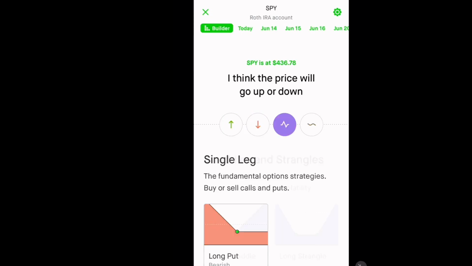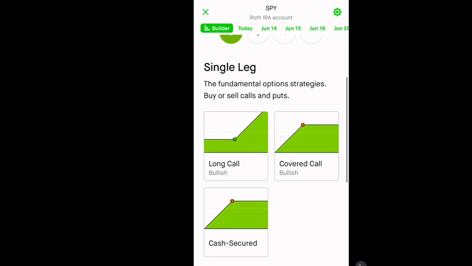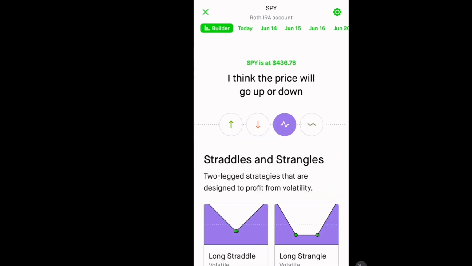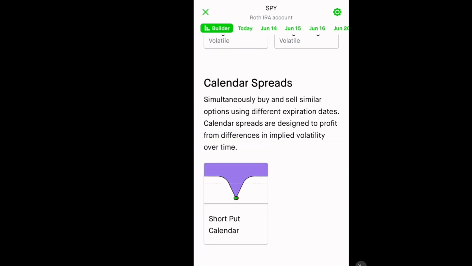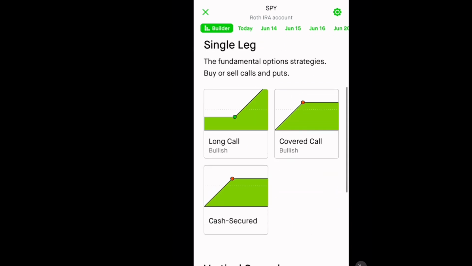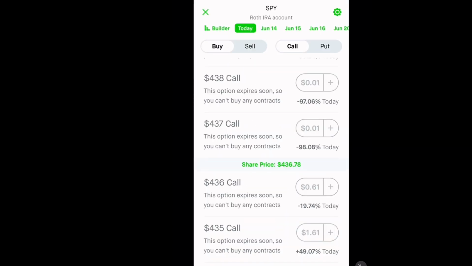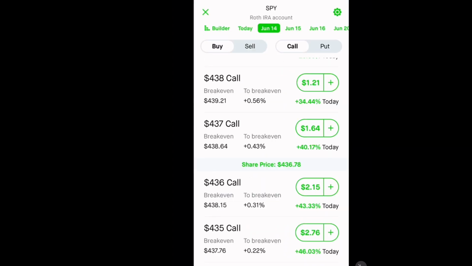Do you want to know how to trade options? In this video, I'm going to show you everything you need to know to learn to trade options. I'm going to be explaining options in Robinhood so every beginner could follow along and understand and practice within the app. An option contract is an agreement between a buyer and a seller to buy 100 shares